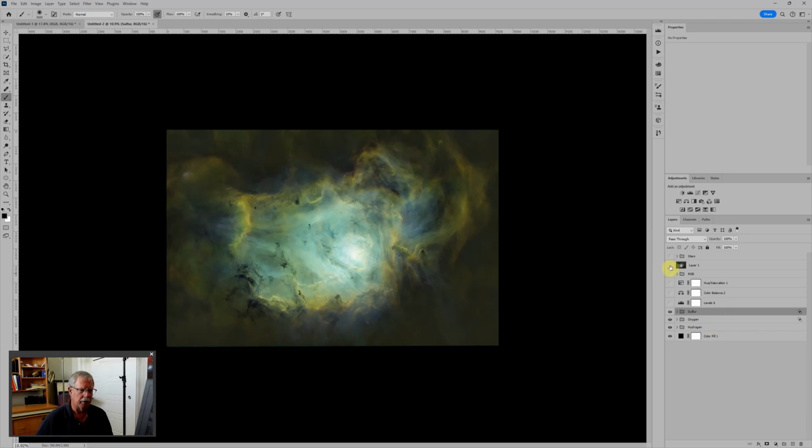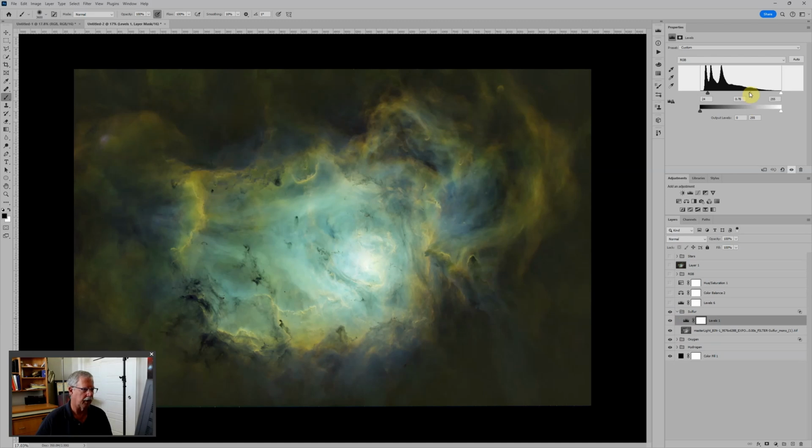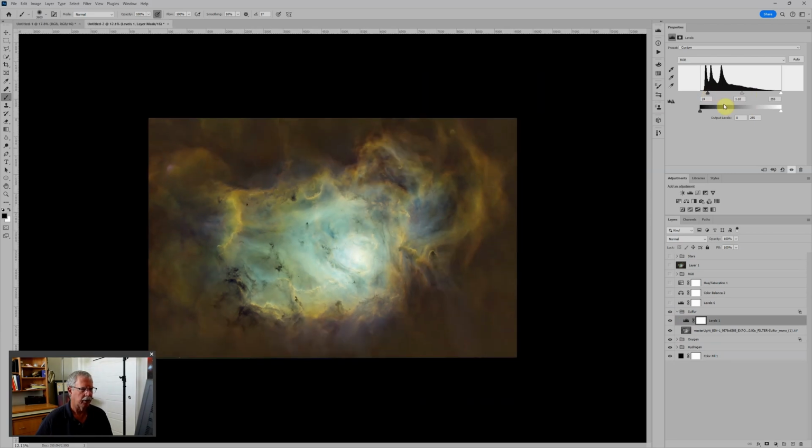And if you compare this to the one I did with the screen layers, I feel like this retains more texture and more color depth. And then again, I would fine tune this. If we want to add more red, I would come to the sulfur, which is red, increase its brightness, and increasing the brightness of the sulfur brightens the red. We might need to do something with green, maybe darken the green background a little bit, and